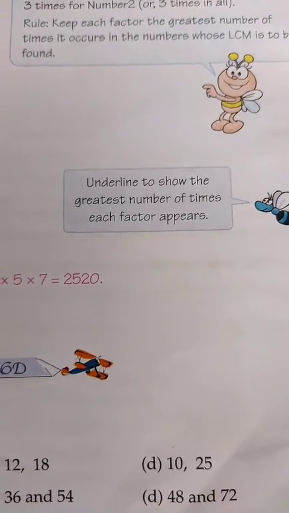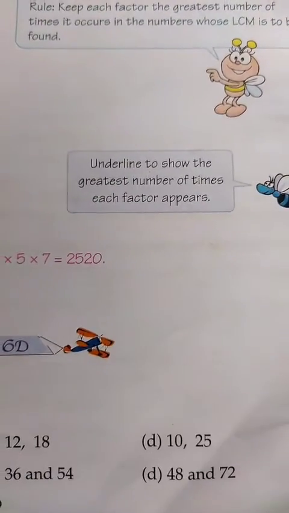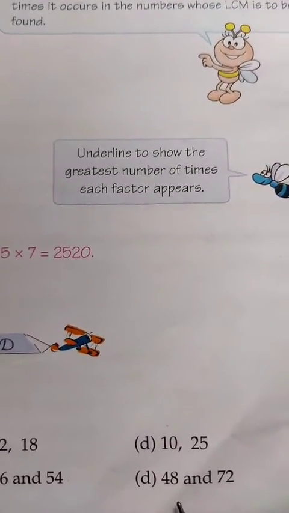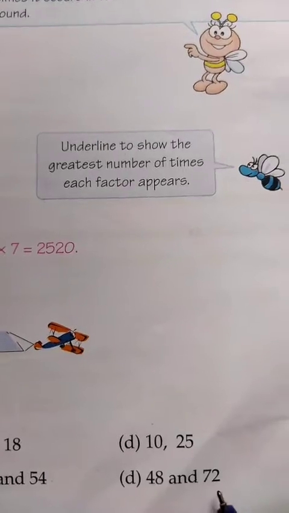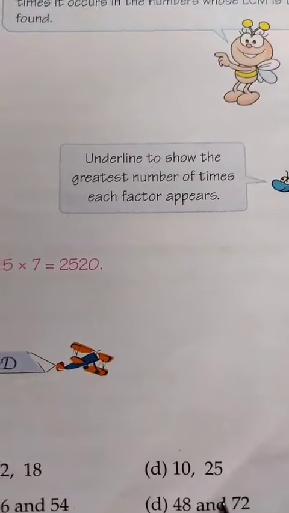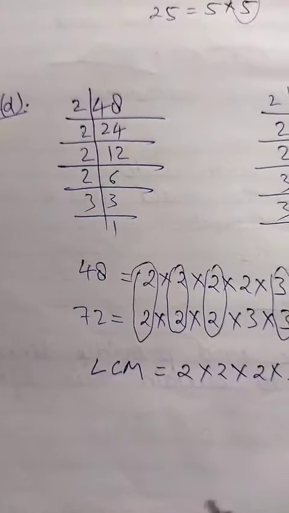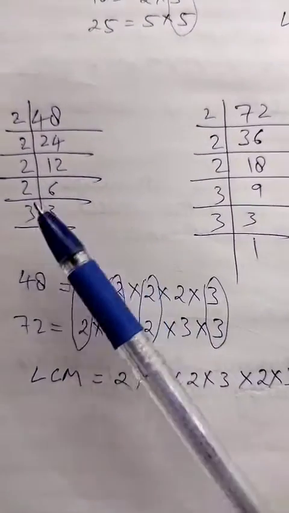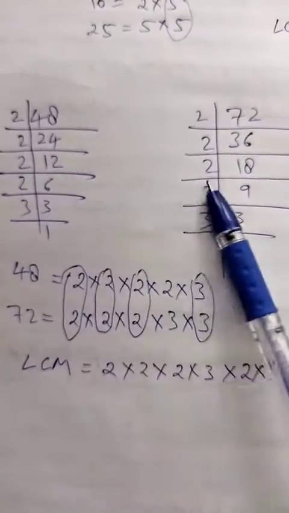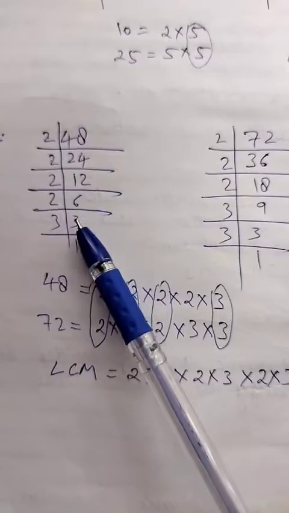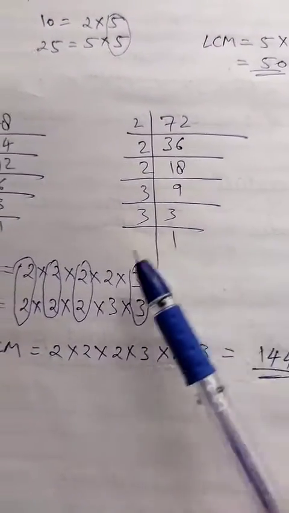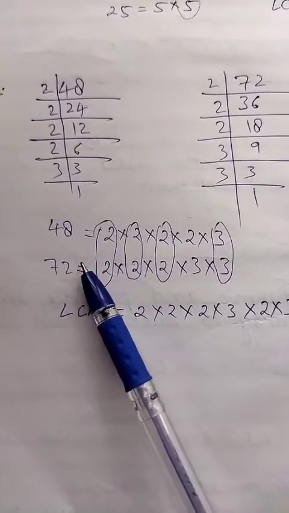Now see the second D part also. I am doing this for you for your better understanding. That is 48 and 72. These two numbers are given and you have to find the LCM of these two numbers. Again, two numbers are given, so you have to do the factors of these two numbers. 48 factors you will do, then 72 factors you will do here. Then you will write both the factors